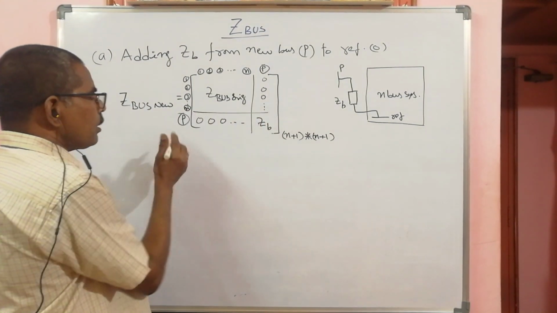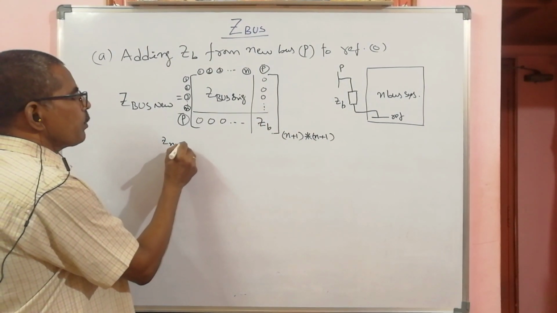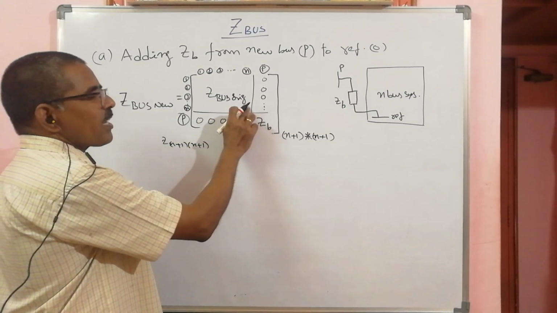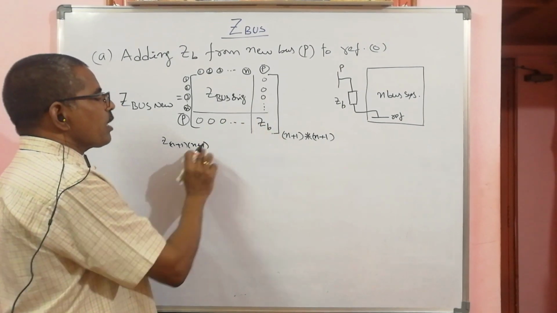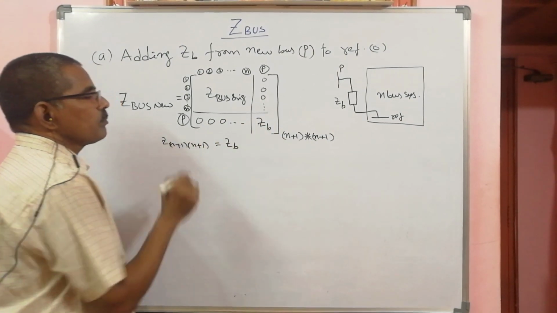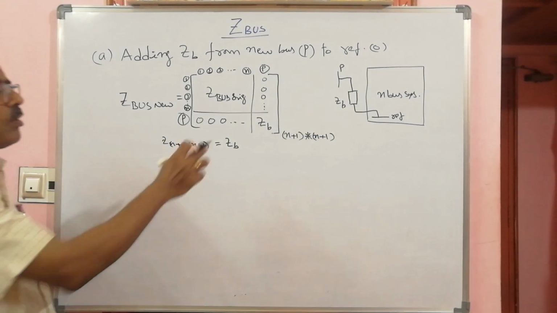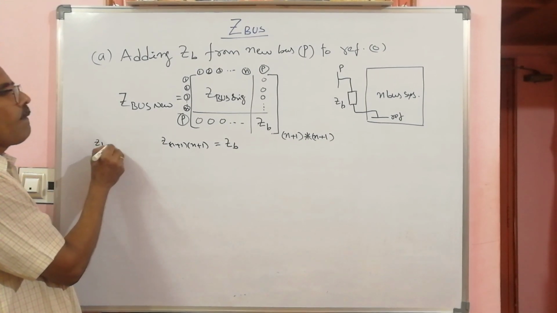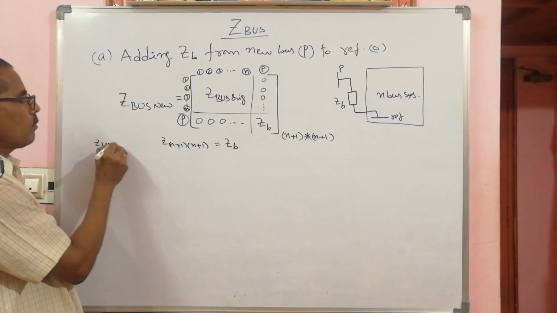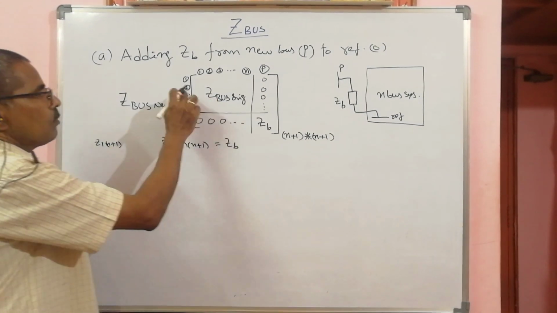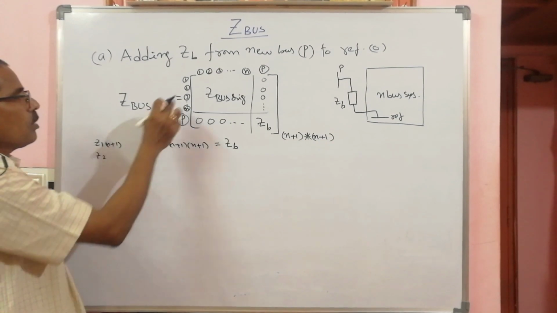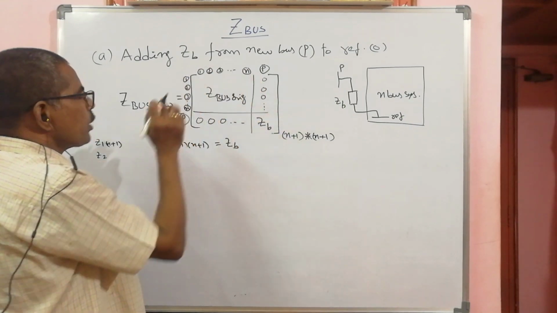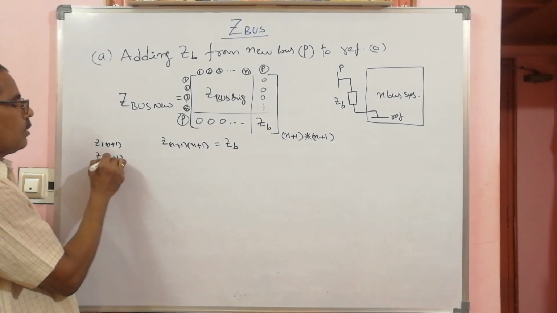Okay. So what is this element? Z n plus 1 n plus 1. Is it not? What is this element? Znn. Is it not? This is Z n plus 1 n plus 1. This is ZB, remaining all zeros. What is this first one? Z1 n plus 1. What is second? Z2, because Z21, Z22, Z23 and so on and so forth, Z2n, and this is Z2 n plus 1. These are all zeros.